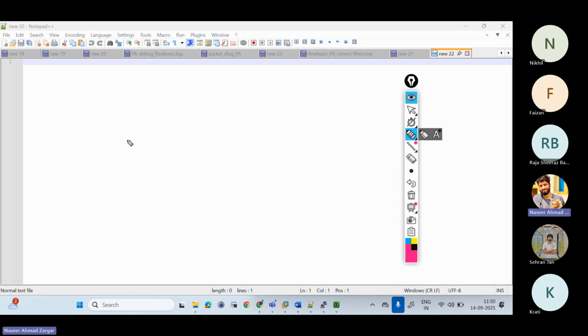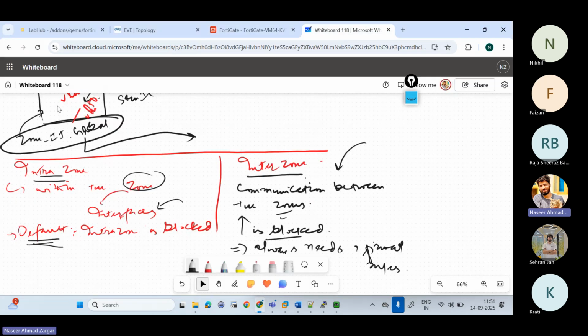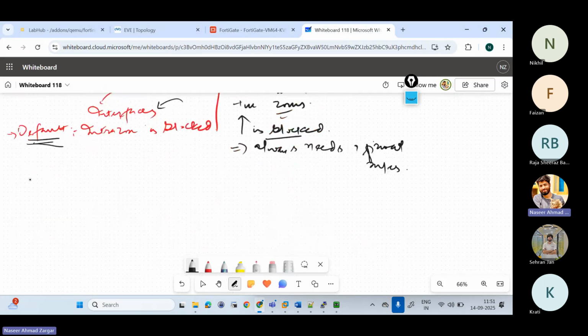So the point here is the source packet. Let's do it here. I want to close this. Come here. So the point here is the moment I leave from the source, my source here is the IT PC,